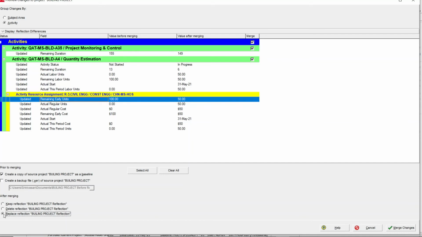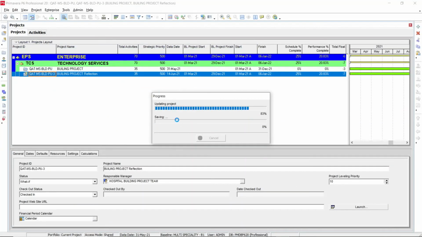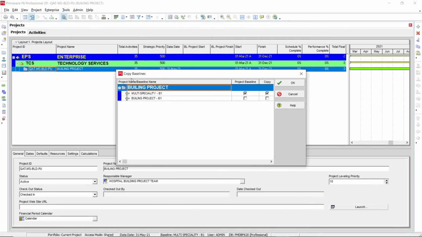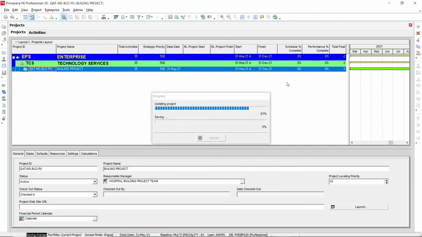I am going with replace the reflection project with a new reflection. Okay, so now you have checked everything and now you are going to merge the changes. Click merge changes. Whether you want to keep a copy of the baseline, yes, you can just click OK.